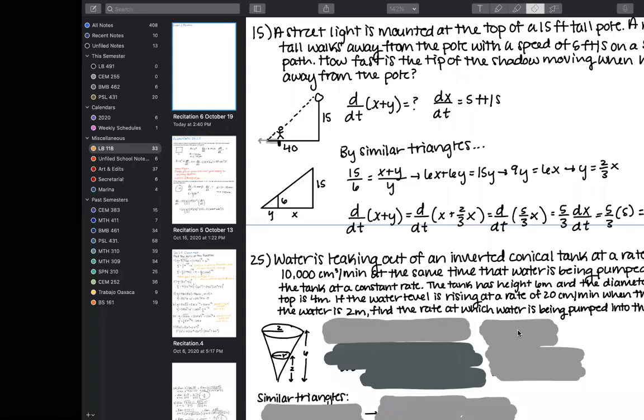So we had x plus y, we plugged in terms of y. So then we had x plus 2/3 x, which combined gives us the 5/3, but we still haven't taken the derivative. We haven't dropped our differentiation symbolism. After we take the derivative, we're going to keep the constant, and then it's dx dt, and dx dt is equal to 5. So that's where that multiplication came from. So let's get back to screen sharing, and we'll really quick bust through this conic problem.